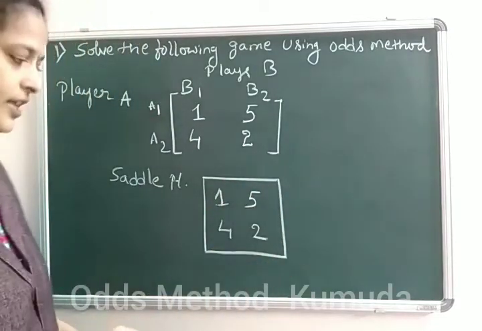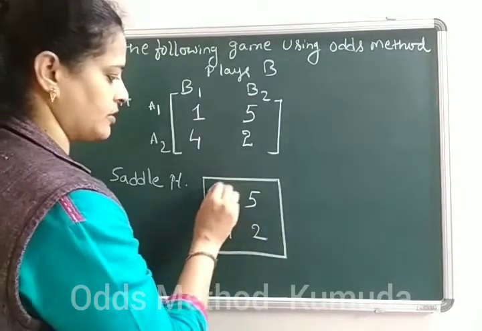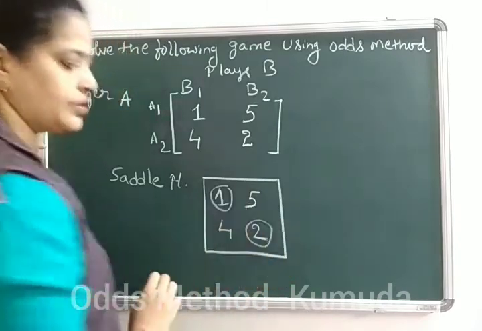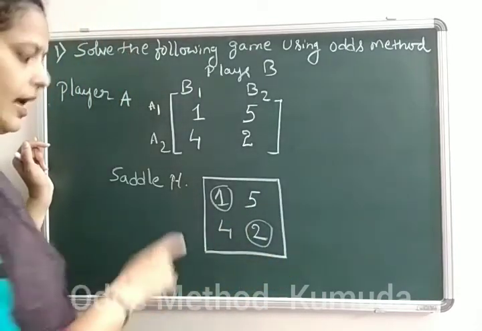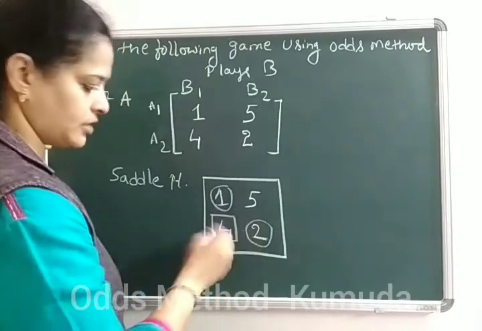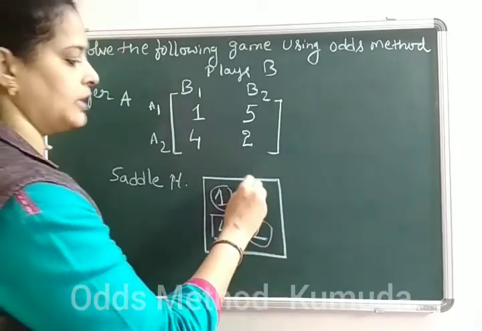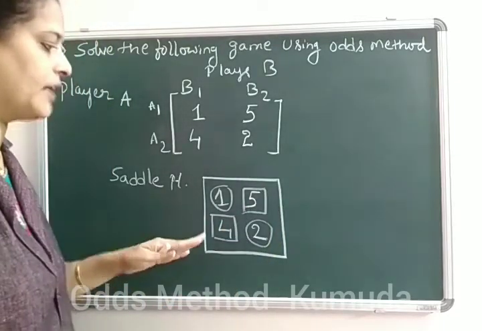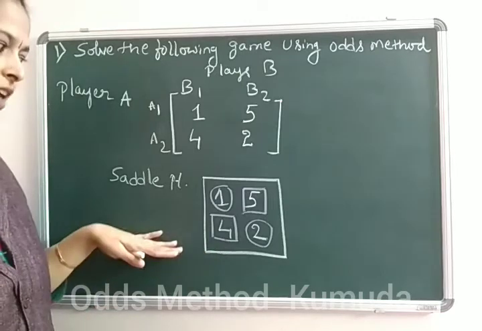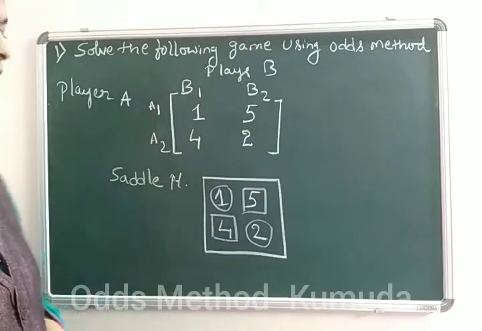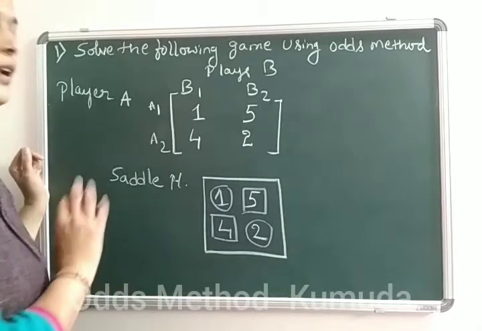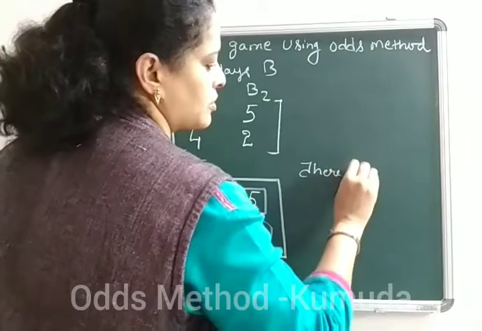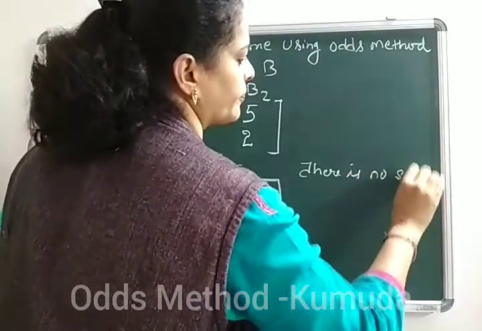The rule of saddle point says that find the row minimum and put a circle to it. So in the second row, find the row minimum and circle it. Now similarly, find the column maximum and that is blocked with a rectangle. In this case, it is 4. And in the second column, the highest number is 5, put a block. If we have both circle and rectangle at the same place, then we call it a saddle point. In this case, we can very clearly see that there is no circle and rectangle coming in the same place. That means it has no saddle point.